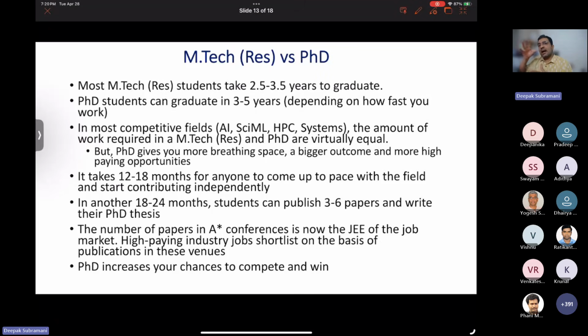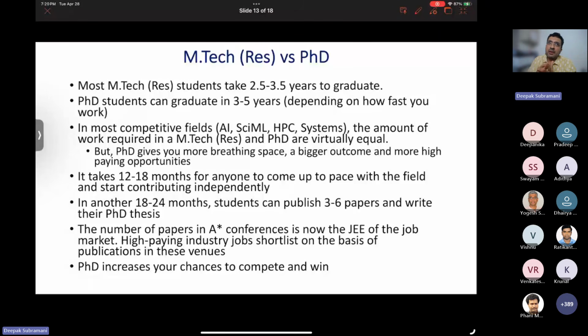It is only in the transcript that you will have the courses that you took, the department that you did, or the topic of your thesis. That will only be in the transcript. The actual degree certificate will not show which department you did your PhD or your MTech research in. In fact, the life of a PhD student is heavily dependent on the lab that they do their work in.